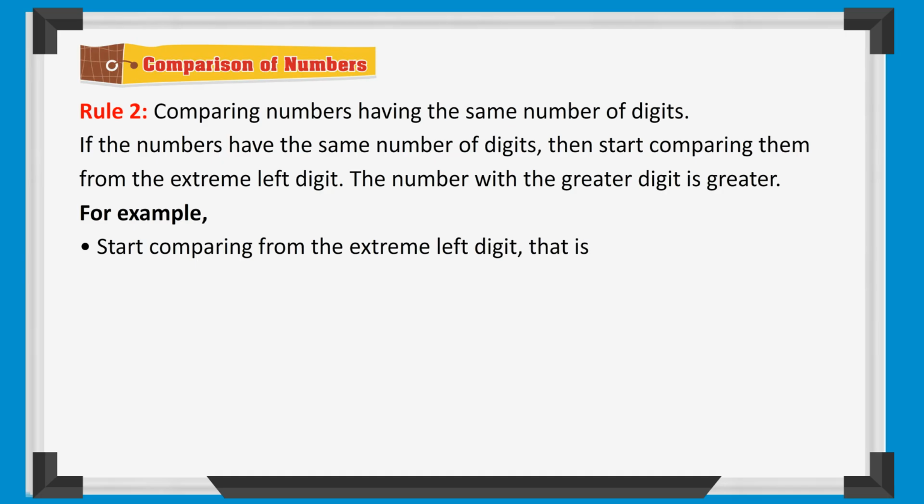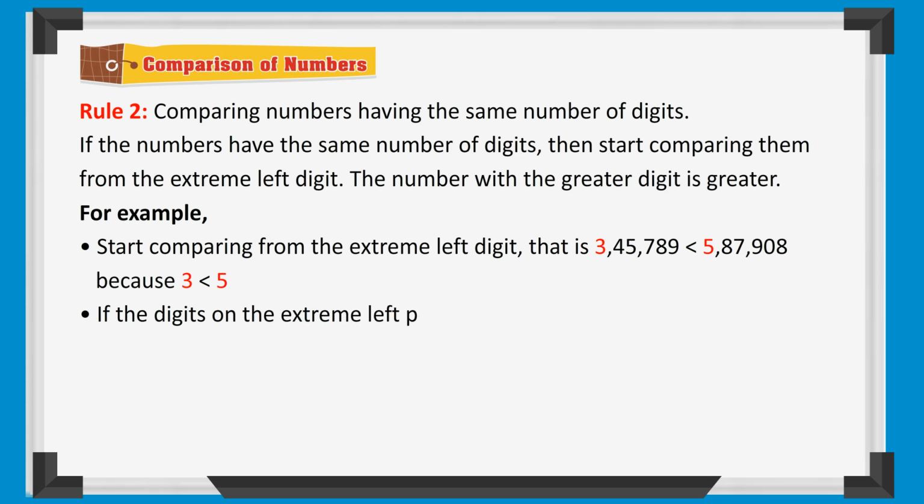That is, 3,45,789 is less than 5,87,908 because 3 is less than 5. If the digits on the extreme left position are the same, compare the next digit, that is